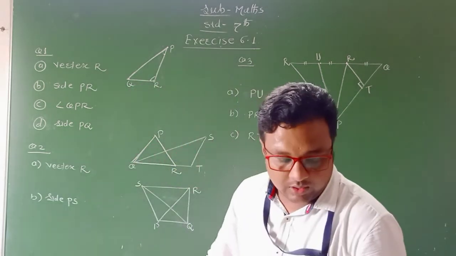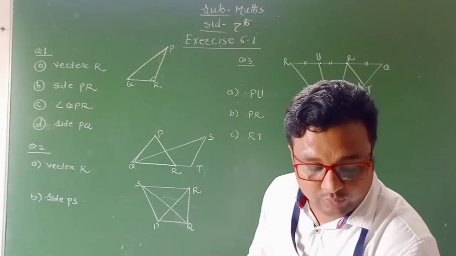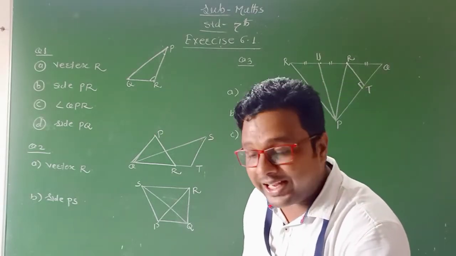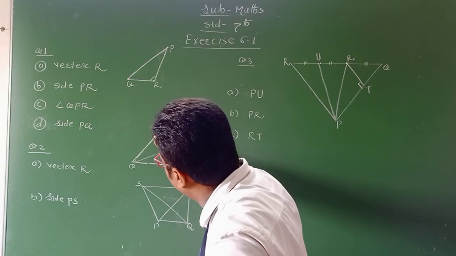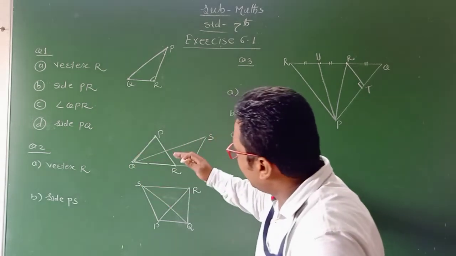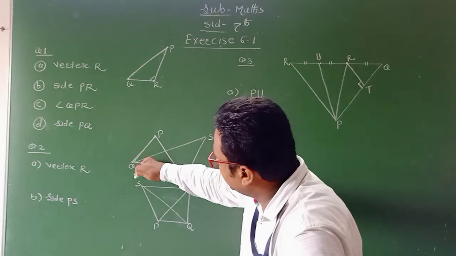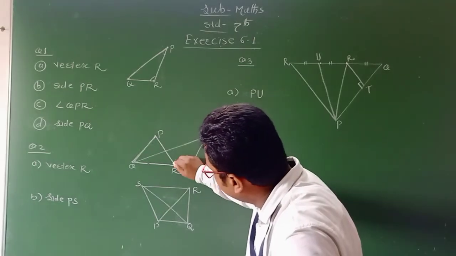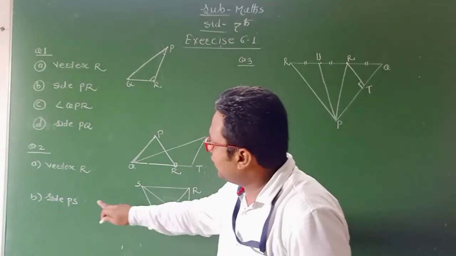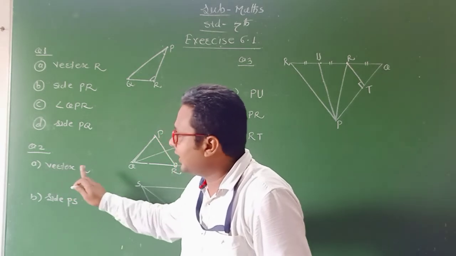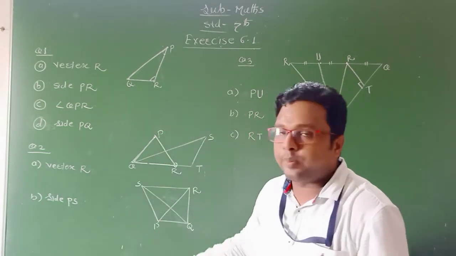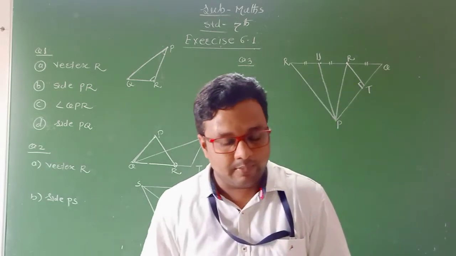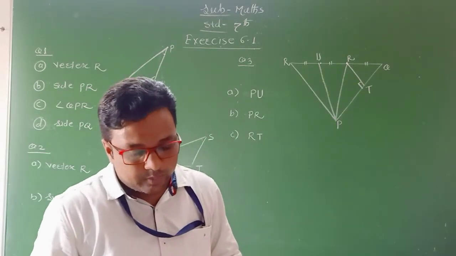Okay. Now according to the question, which vertex is opposite to side PQ? First here we find the side PQ. This is the side PQ of triangle PQR. And what is the vertex opposite to PQ? That is the vertex R for triangle PQR. Therefore here I write the answer: vertex R. This is the vertex opposite to the side PQ of triangle PQR. Clear? Then see the next example B.